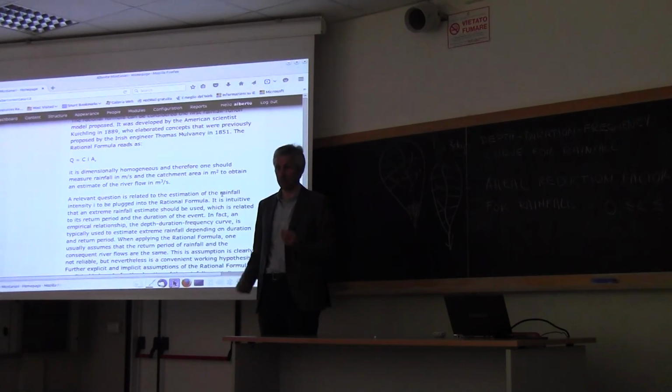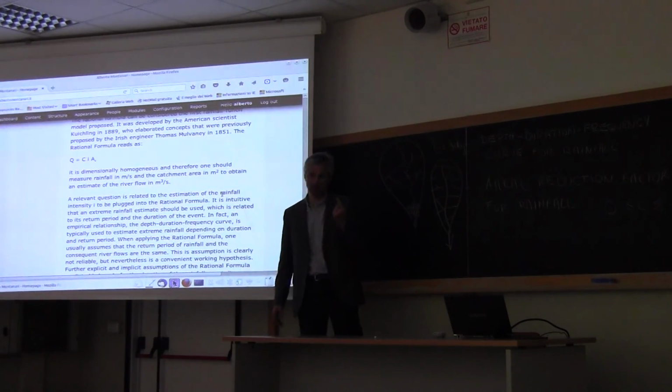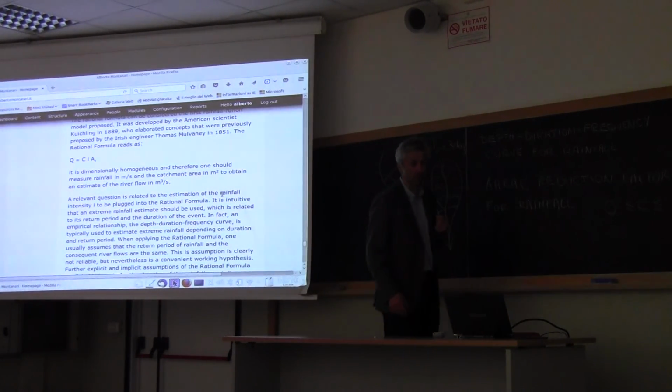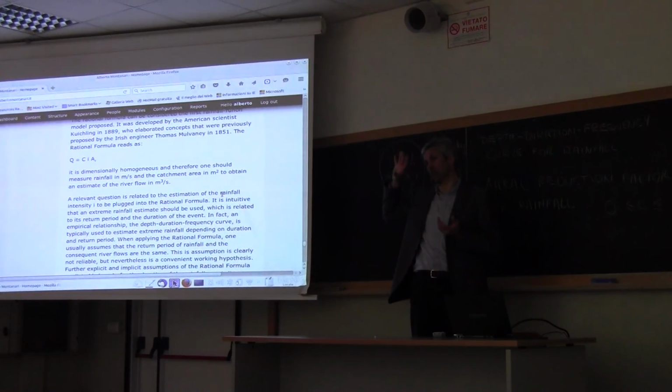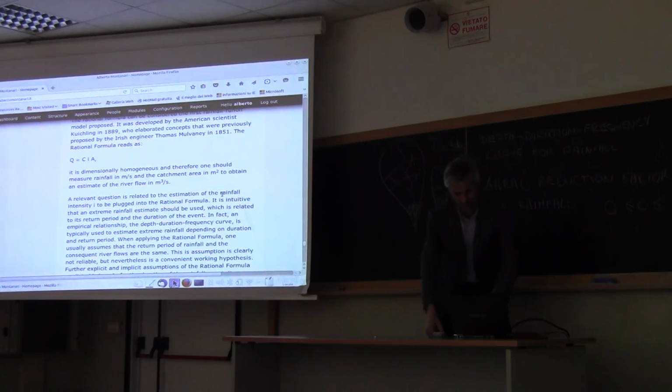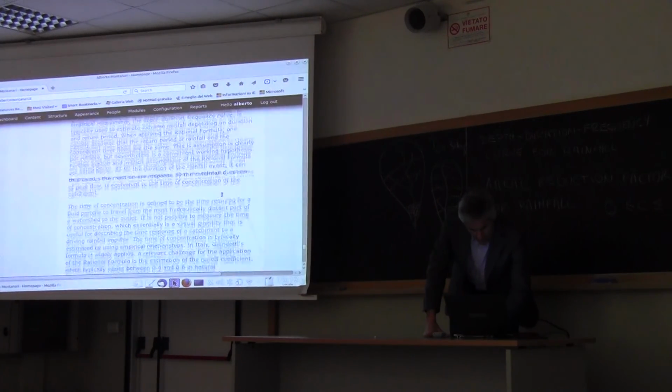So it's not true that they have the same return period, because I may have a rainfall with a return period of 100 years and no flow in the river because the catchment is dry. So this is an implicit assumption, which can be tolerated because this is an empirical formula to get an order of magnitude. But let's discuss all the assumptions, and